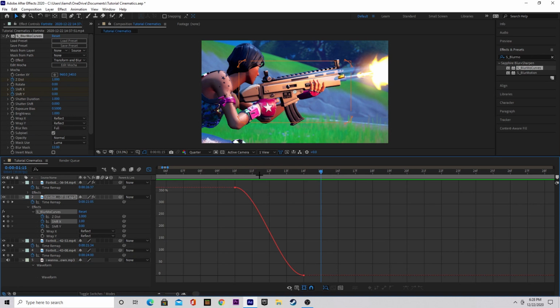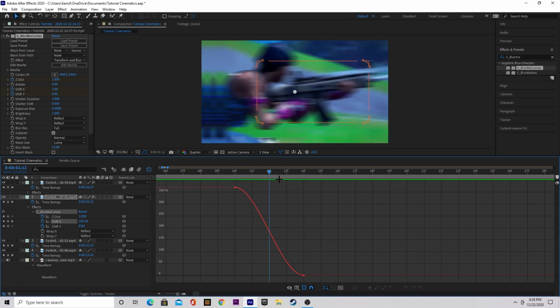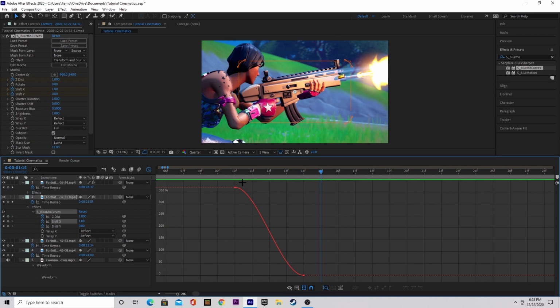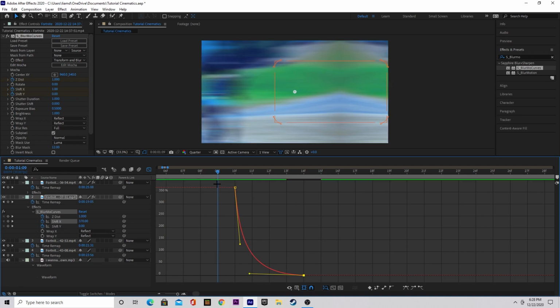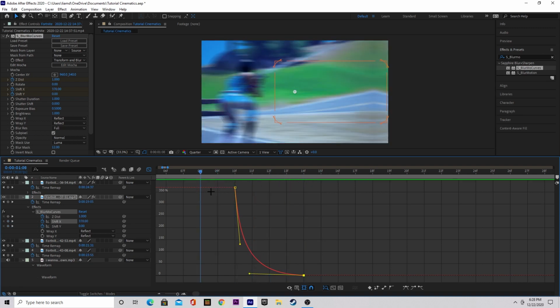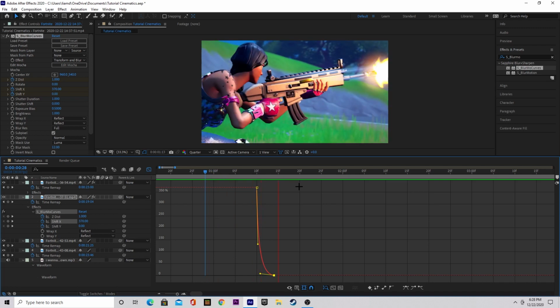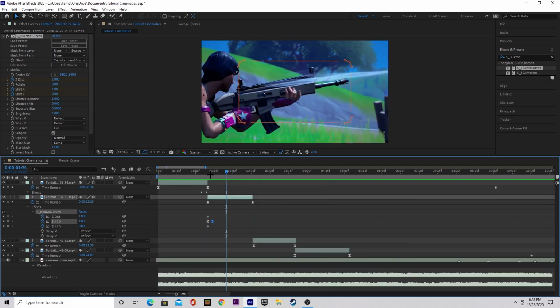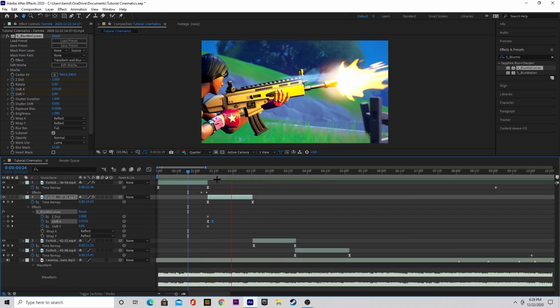And doing this gets rid of most of the mirroring because of how fast it is to the eye. So we're going to select this keyframe, and we're going to drag this down so it comes in fast and then eases its way out, just like so. So if we play this transition, we have a beautiful swipe to the right, and it looks much smoother than